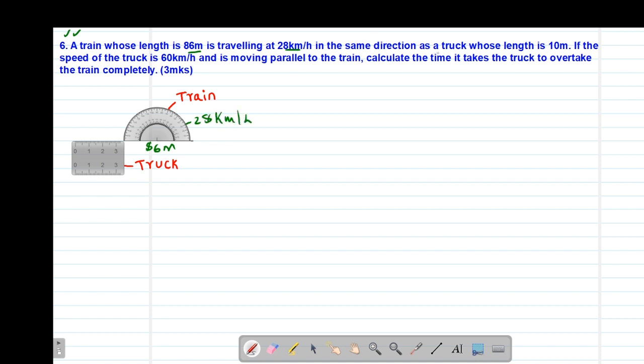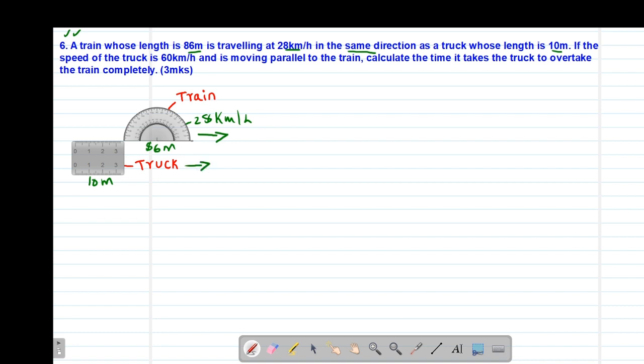In the same direction as a truck whose length is 10 meters. So the length of the truck we are given as 10 meters. Then you are told that they are traveling in the same direction. So that means if the train is moving towards the right hand direction, similarly the truck must be moving in